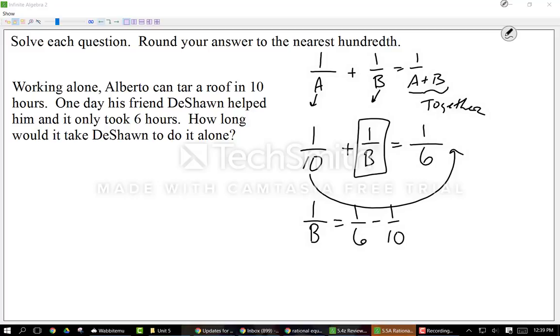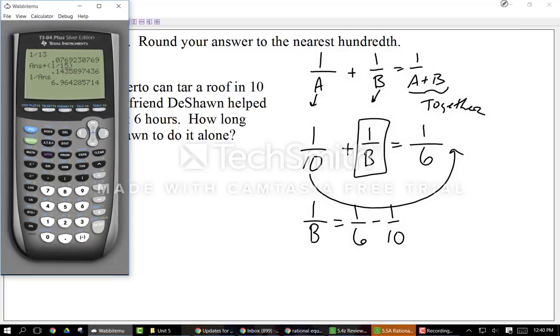Now, let's use the calculator from before and go through the steps again. In this case, instead of adding, I'm going to subtract. I take 1 divided by 6. Then I'm going to subtract 1 divided by 10. You can see I'm using parentheses for the second fraction, 1/10. Some calculators will be okay, some won't. I'm just doing that so we don't have any discrepancies. And then enter, and I get